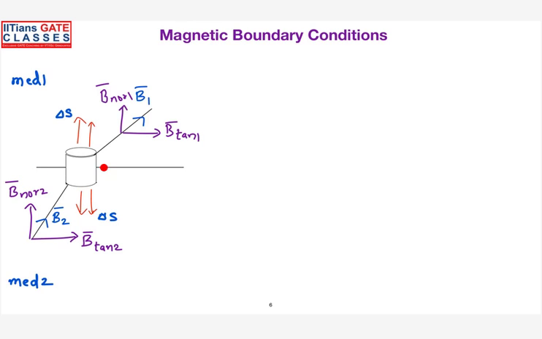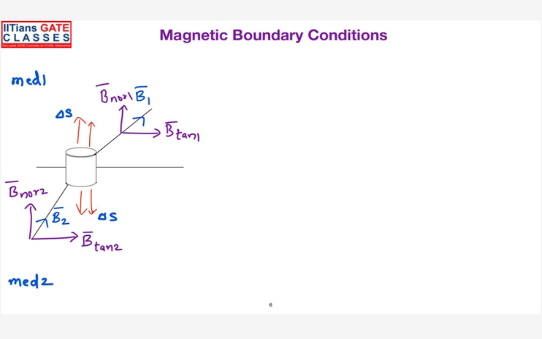So this is my interface. So I was saying the front side of the interface. If you see the front side of the interface, it looks like a line, but actually it's not a line, it is a plane. So this is a plane which is separating two different mediums, and assume that there is some current present on this interface, and the wave is entering from medium 2 to medium 1.